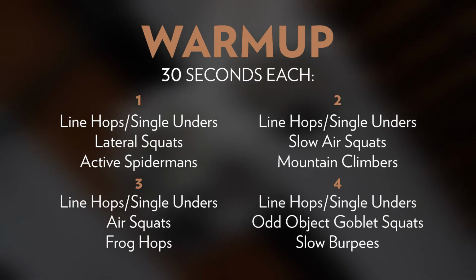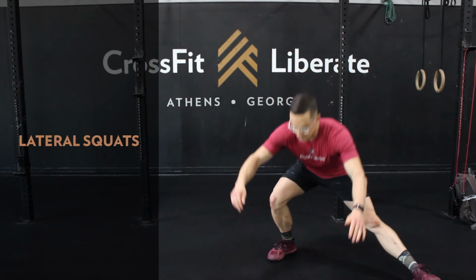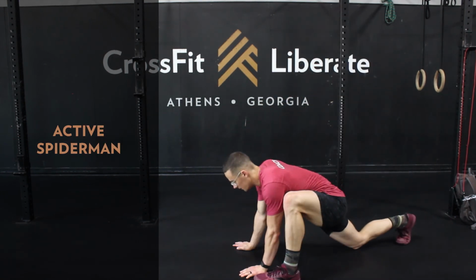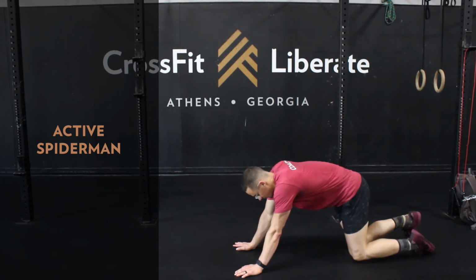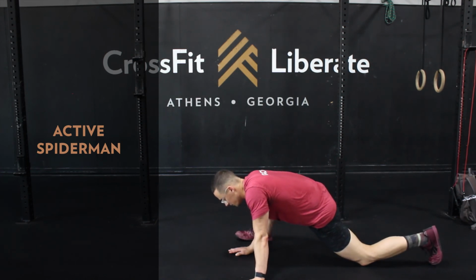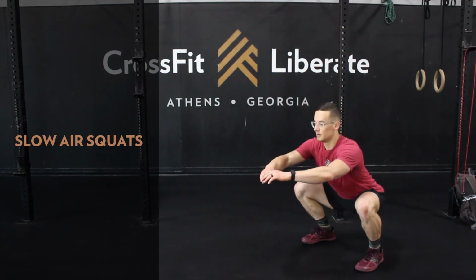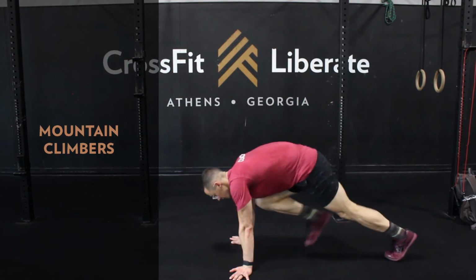All right, getting into our warm-up for 5 Below. So we're gonna work through a chipper style warm-up, just a long list of movements with some line hops and single unders to start. So 30 seconds of line hops and single unders. Then we're gonna go into 30 seconds of lateral squats. 30 seconds of Spider-Man stretch. 30 seconds of line hops again, 30 seconds of slow air squats, 30 seconds of mountain climbers,